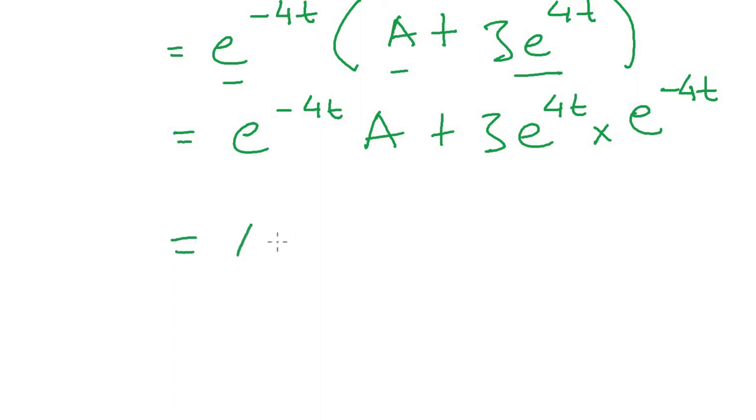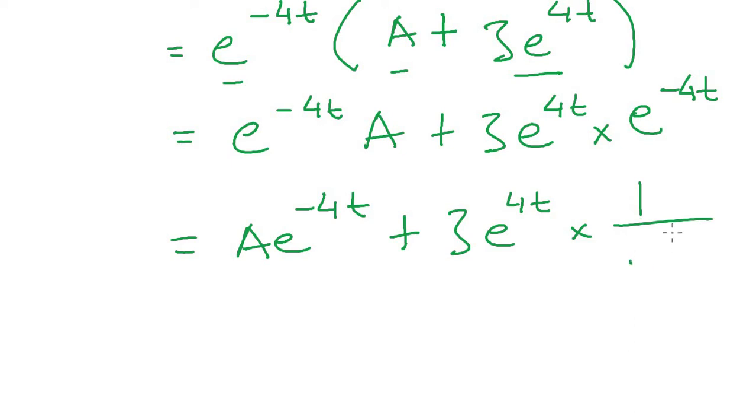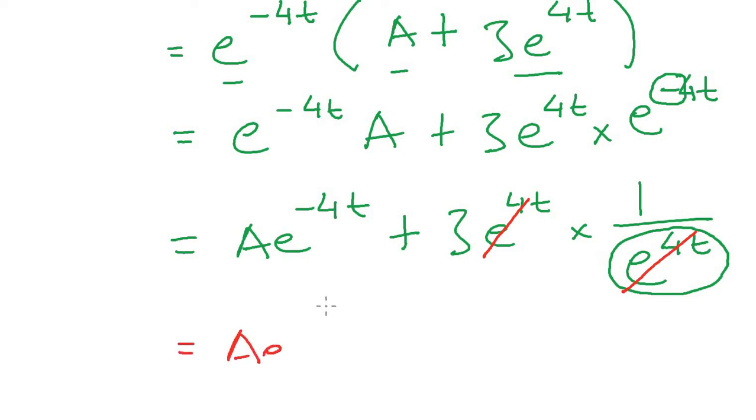So e to the power, we can rearrange it like this, it looks better. And please remember, e to the power minus 40 can be written as 1 divided by e to the power 40. Because of this minus, we can put the entire expression in the denominator, then the minus will go away. If we do this, then we can easily cancel these two expressions, and ultimately the solution becomes even much simpler. So this is the solution of the original differential equation.